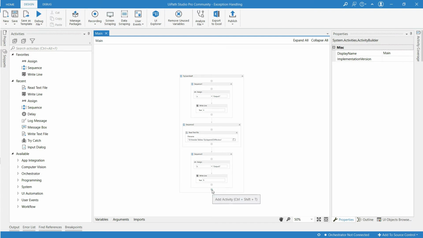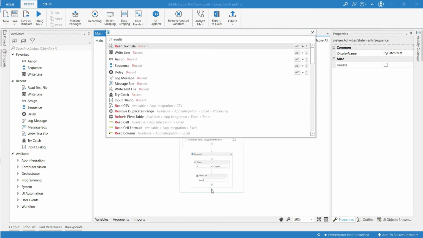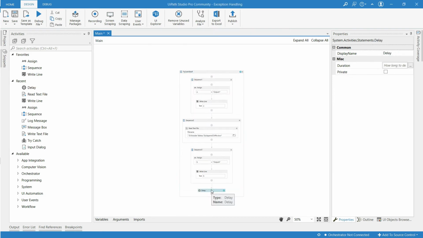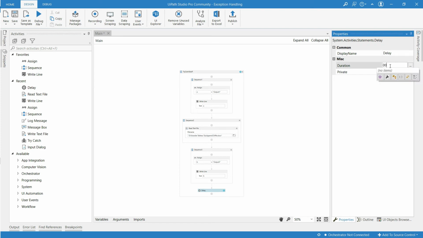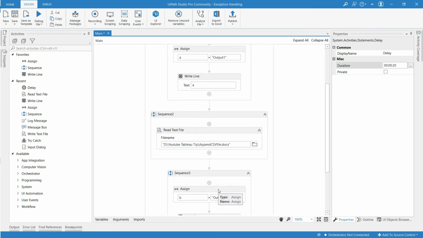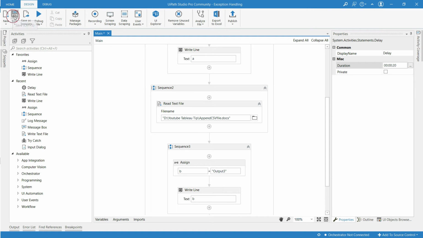Let me wait for the output for some seconds. I am going to use the delay activity and give a duration of 20 seconds, so the outcome will wait for 20 seconds. Save and run this.